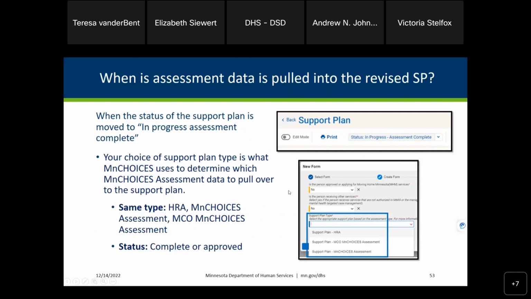So again, what's going to happen is the assessment data isn't pulled over again until the status moves from in progress to in progress assessment complete. Just like all support plans, when you hit the submit button and it makes this change, then it pulls the data. And so it knows which data to pull, you will tell it what support plan type you want. So if you were doing a support plan for a health risk assessment, when you make that choice, it will then know when you change the status, it will pull from that assessment